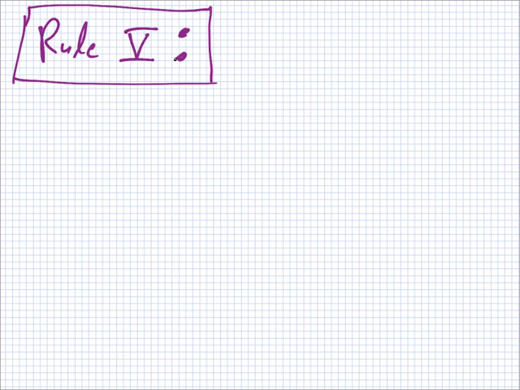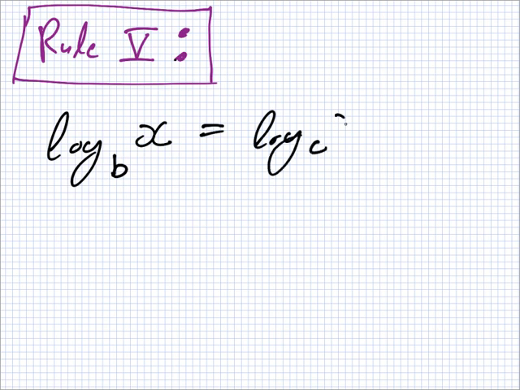Right, rule 5 now. This one actually is not used as much as the other ones. It's when you want to change the base to a different number. So for example, you have some base b of x, and you don't want base b. You want a different base, maybe base c. You can't just change it into base c. There's a price you have to pay for making this change, and the price you pay is